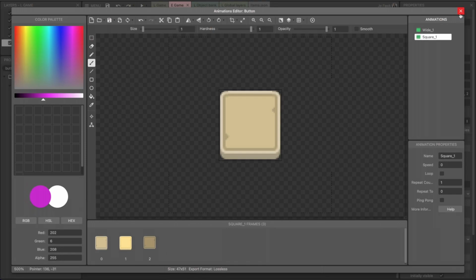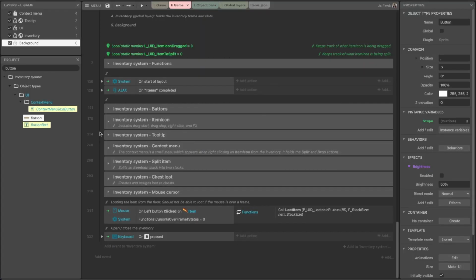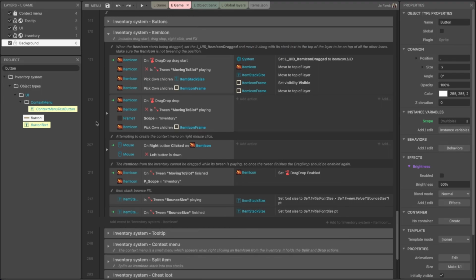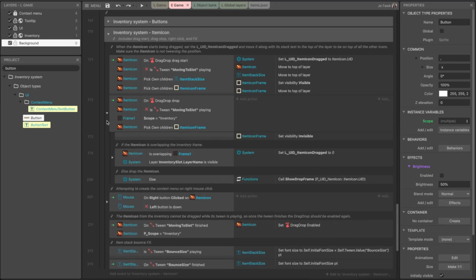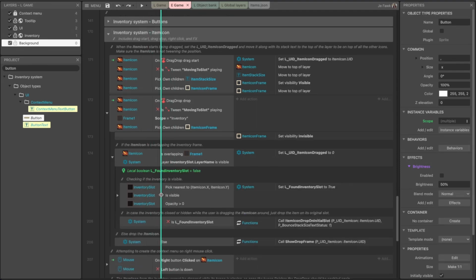This is just an example of how you can use effects to achieve this button logic. The item icon group includes dragging, right-clicking, which creates the context menu, and the effect. So when an item icon is being dropped, if it's overlapping an inventory frame, we pick the nearest inventory frame it is overlapping, because